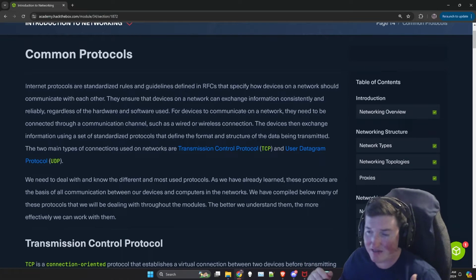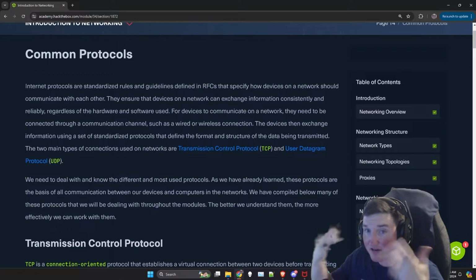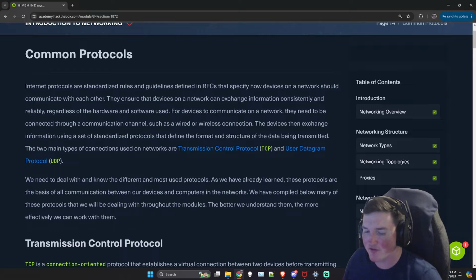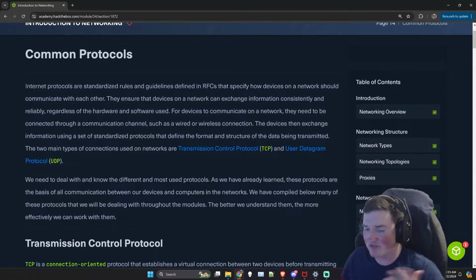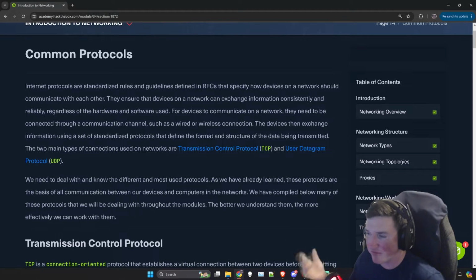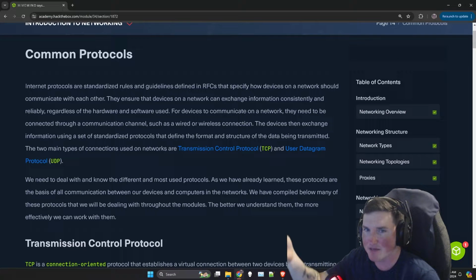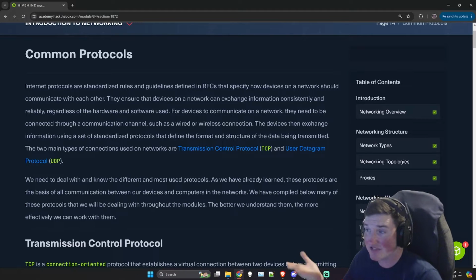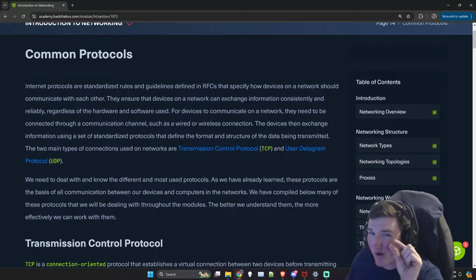UDP is the opposite. Think about Netflix or any of those things where they're just spraying information. It's not a big deal if you lose a few packets, right? If you're watching Netflix or any of these streaming platforms, or gaming, and all of a sudden you lose some audio, or you notice it gets blurry for a split second and then keeps going, that's because you're not receiving every single packet, right? It's not a big deal. You can move on. You're not going to miss the show because you missed one packet, right?